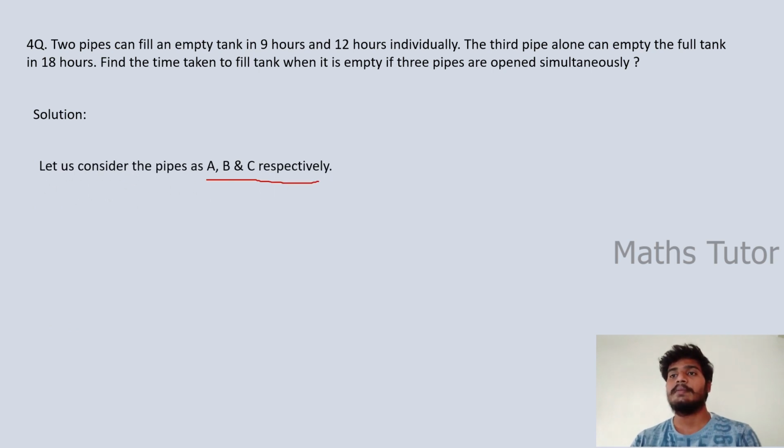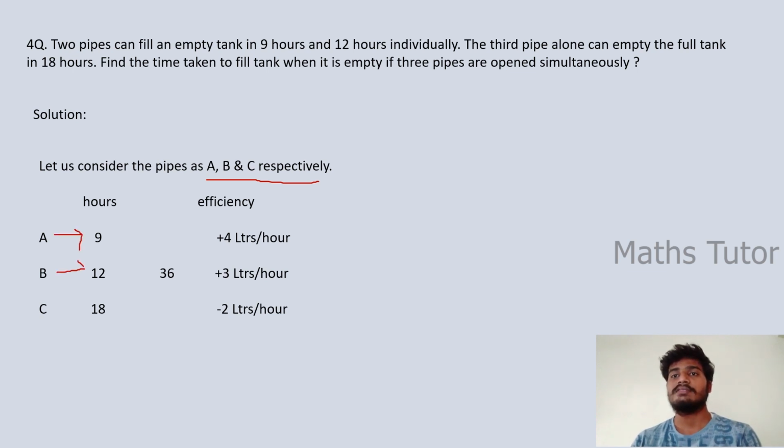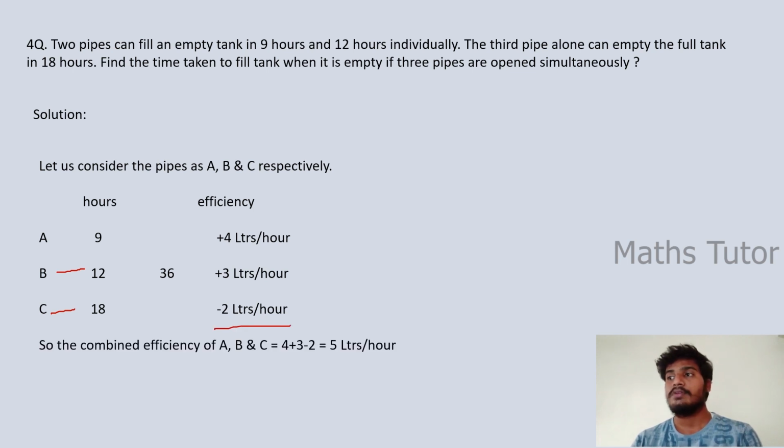Here, let us consider the 3 pipes as A, B and C. The time taken by A is 9 hours, by B is 12 hours, and by C is 18 hours. The LCM of all 3 is 36. So the efficiency of A becomes 36 divided by 9, which is 4 liters per hour, B is 36 divided by 12, which is 3 liters, and C is 36 divided by 18, which is 2 liters. The negative indicates that pipe C is emptying the tank, which is why I am indicating the liters with a negative. So the combined efficiency of all 3 is 4 plus 3 minus 2,